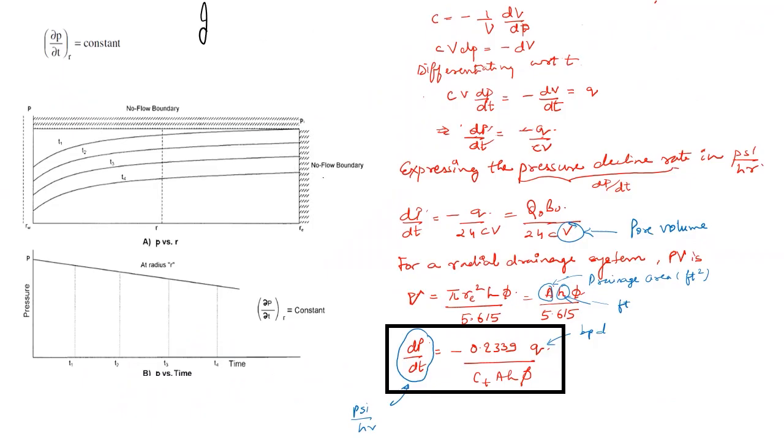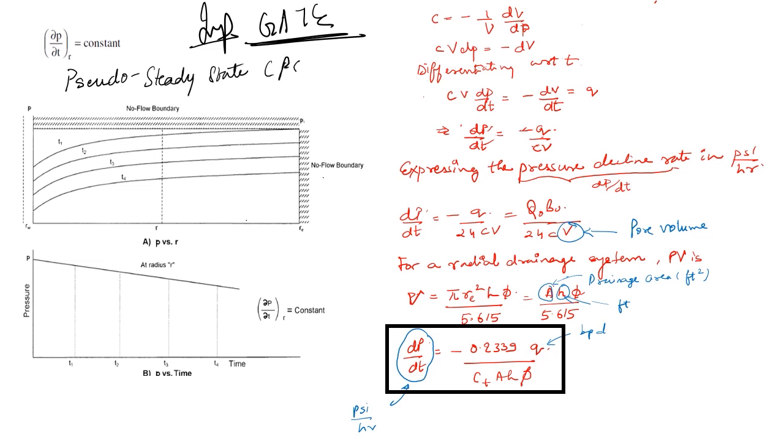Now this is a very important GATE concept, and this particular question has been asked in GATE. Now let's look at this. I have discussed this particular case for a pseudo steady state condition, or a PSS condition. That means dP/dt is equal to constant at any distance r. Now again, obvious, my pressure throughout, my delta P will be the same. Delta P1, delta P2, delta P3, and with time my pressure will go down because of depletion.